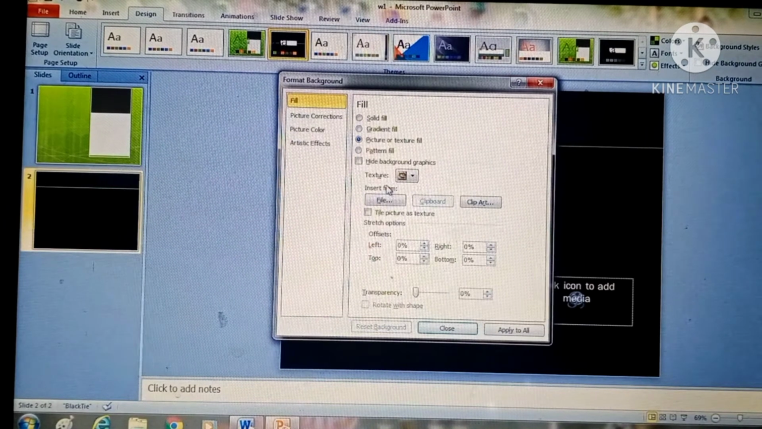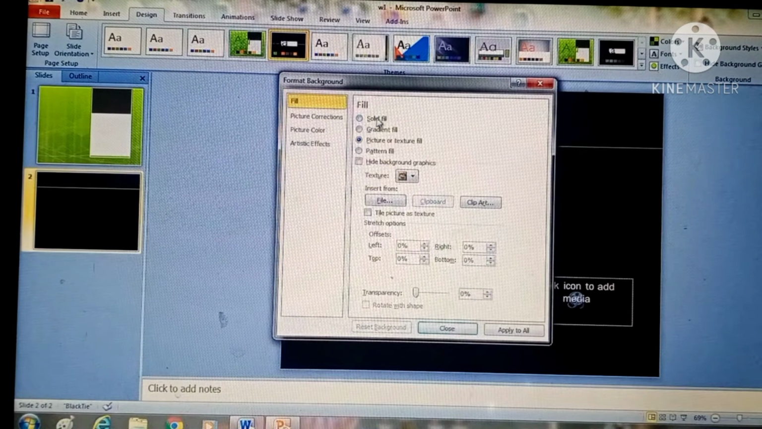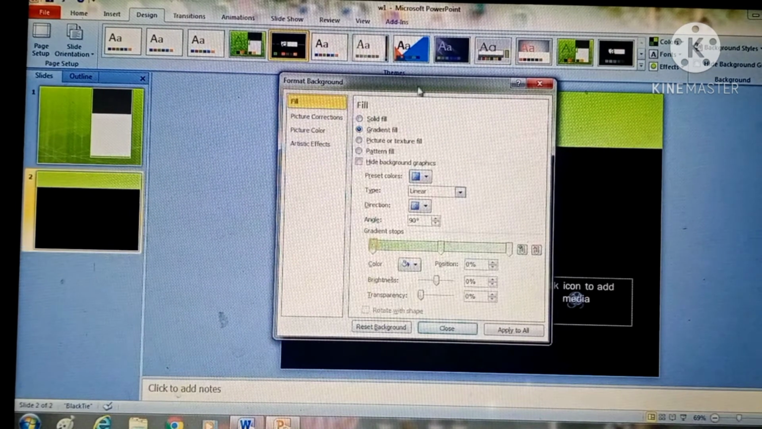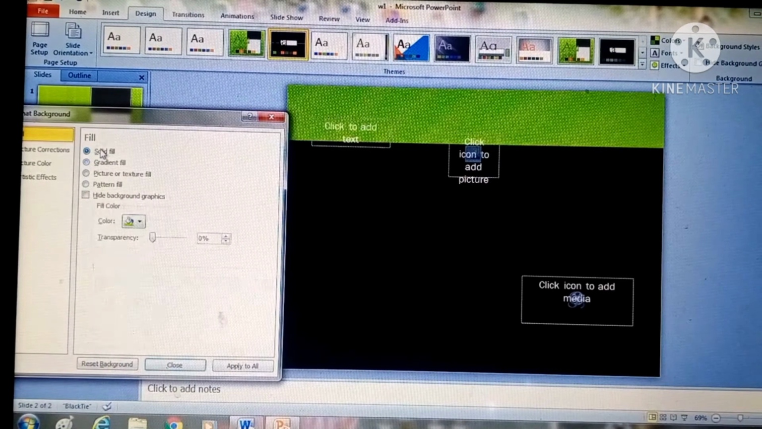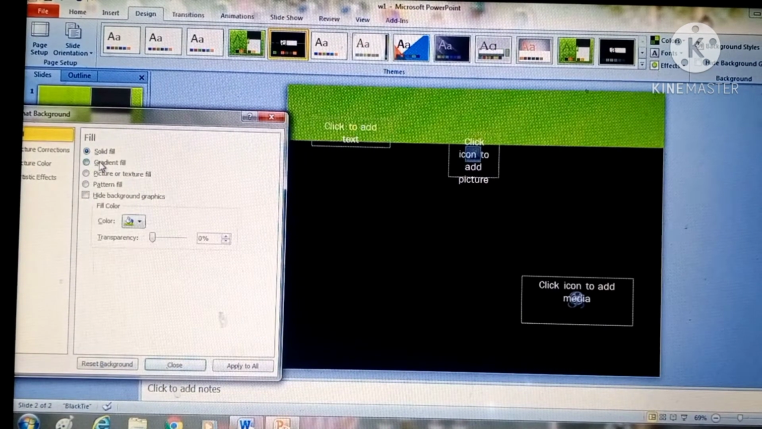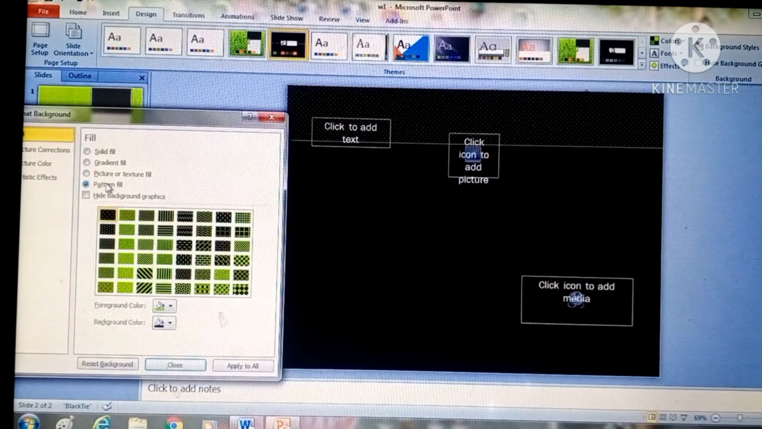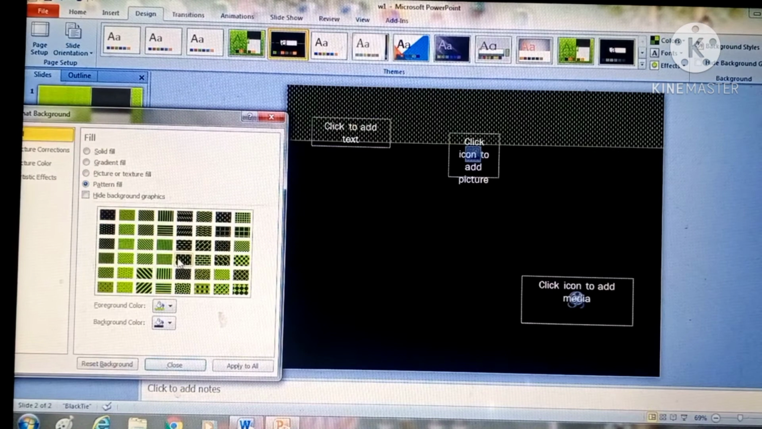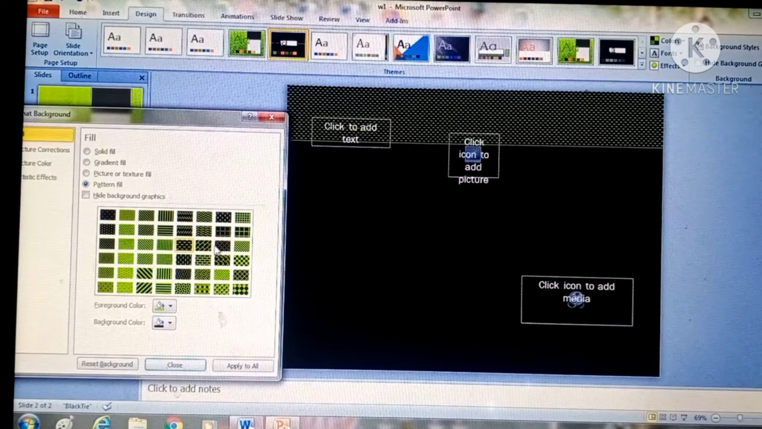In this Format Background there are many options. That is the fill. Fill means solid fill, gradient fill. I am putting it here and you can see the changes. When I have clicked on this solid fill, you can see gradient fill, picture or texture fill, pattern fill. Now there are different patterns. Which pattern you select, it will be inserted in your